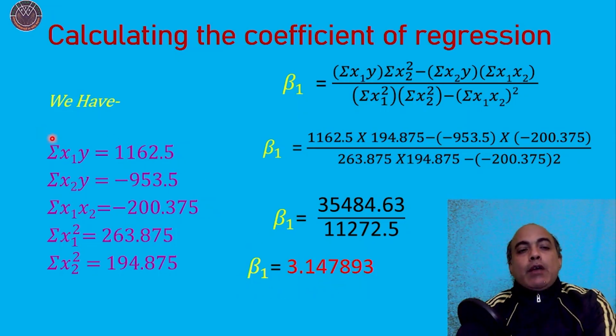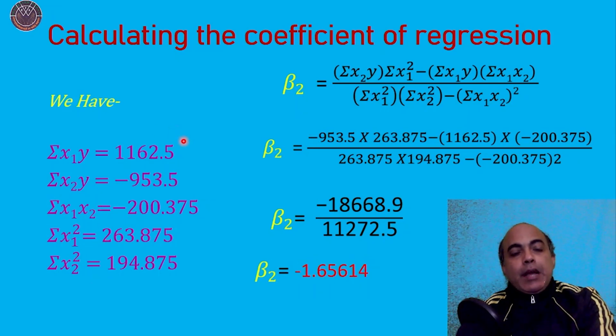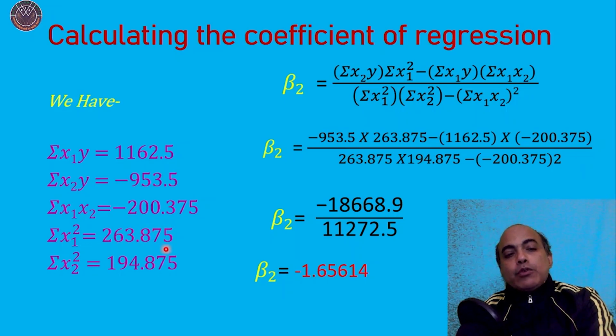These values, the summation of x1y, x2y, x1x2, x1 square and x2 square, we have already seen how they were obtained. Again we have the same values, and by substituting them in the equation of beta 2,